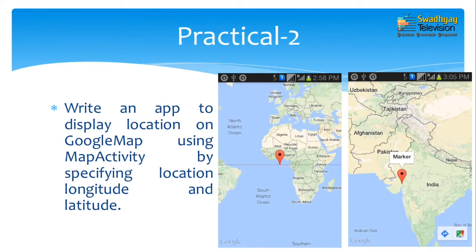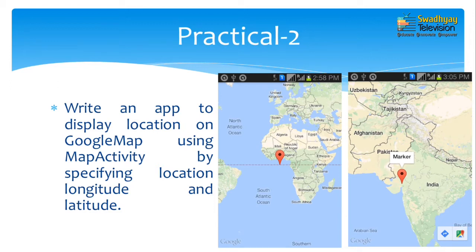The second program we write is an application to display a location on Google Map using a map activity by specifying the longitude and latitude. Here the first figure shows longitude and latitude 0,0, and the second figure shows the longitude and latitude of Ahmedabad in Gujarat state of India.